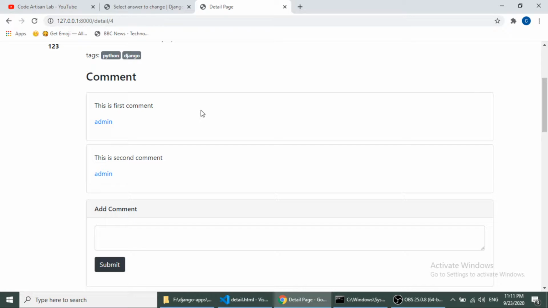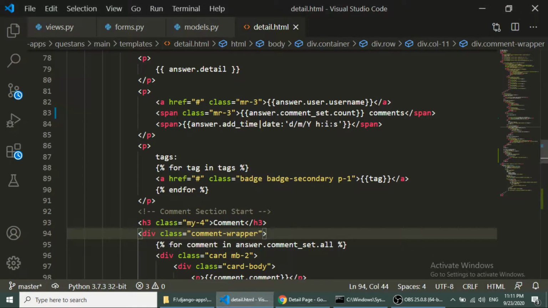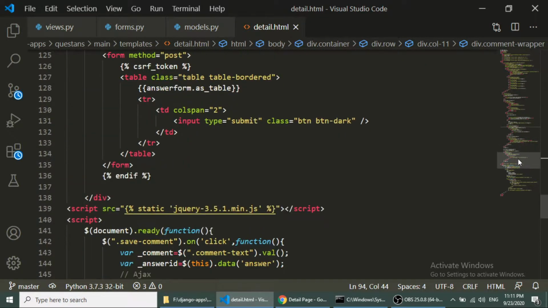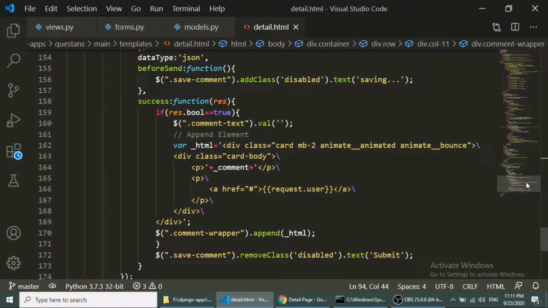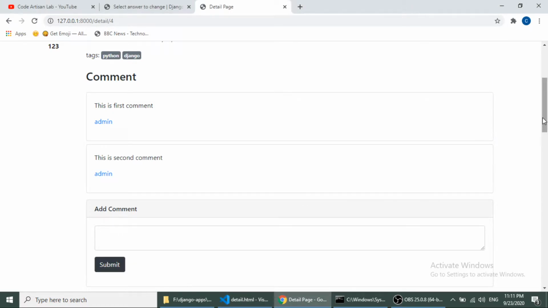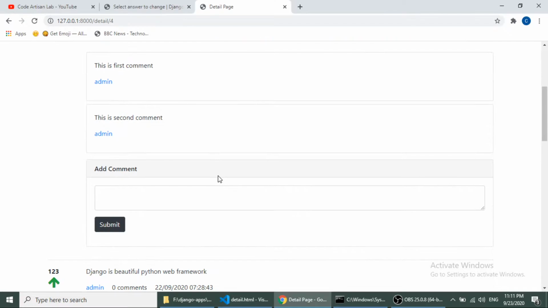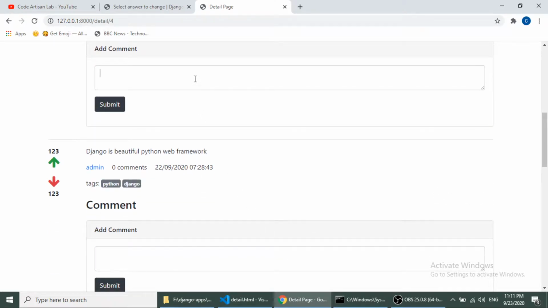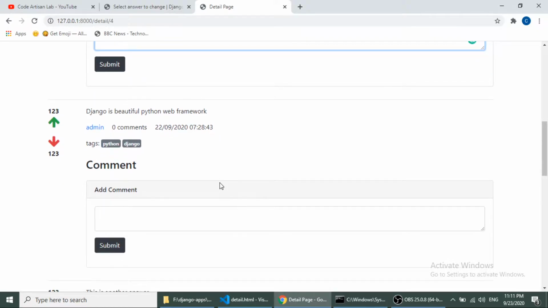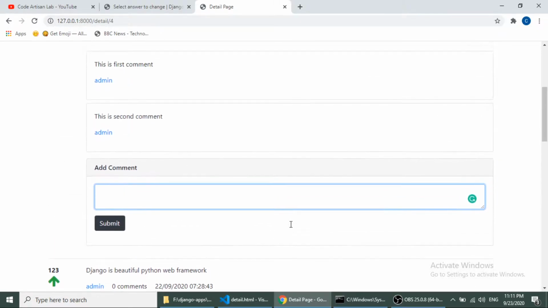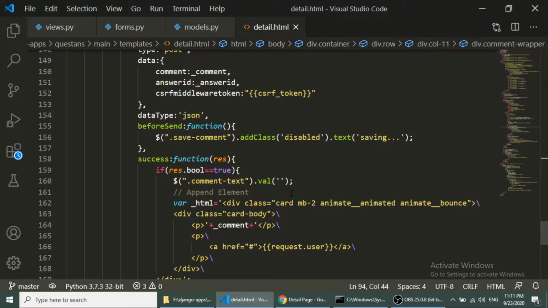This modification will be exactly for the comment section. If you remember, we are submitting comments with the help of jQuery Ajax, and we are instantly showing the comment in the comment wrapper. If you focus a bit more, you can see that we have a comment wrapper in a loop. So we have multiple comment wrappers, and now if someone submits a comment, it will be added to all the answers. So what I need to do is define a unique id for every answer.